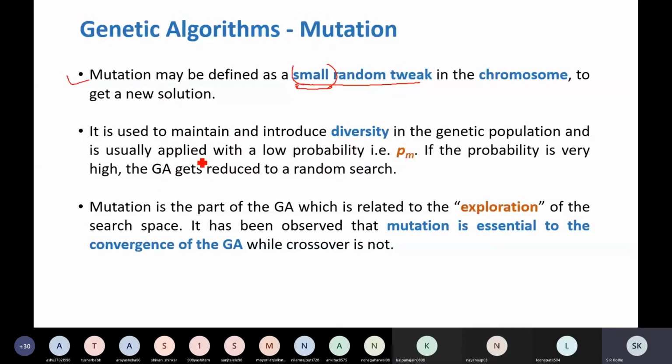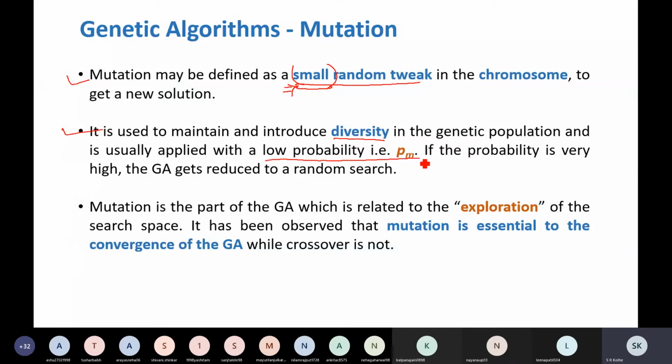We want features of both the parent chromosomes in the child chromosome. But we are going to introduce a little bit of difference, modifications, that is called mutation. So that is done at a small level. This mutation is used to maintain diversity in the population, as I told, and it is usually applied with low probability.